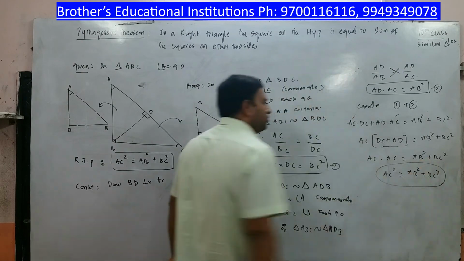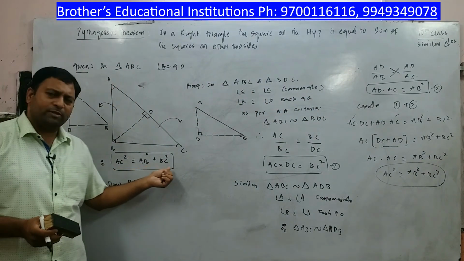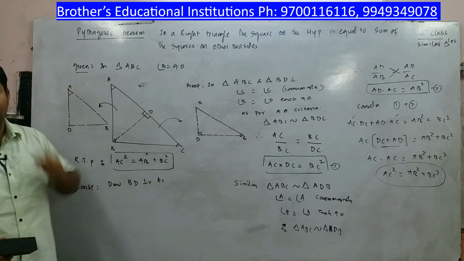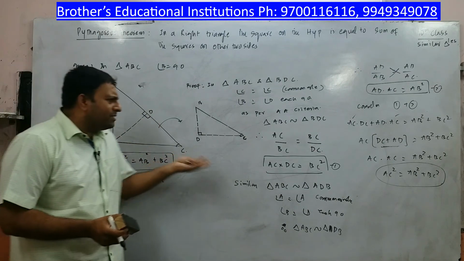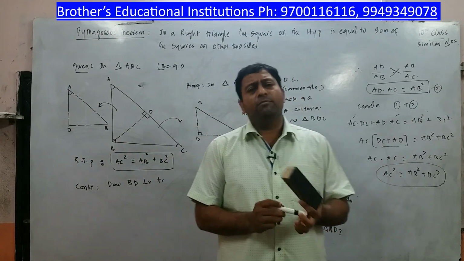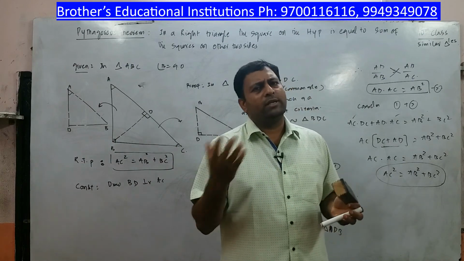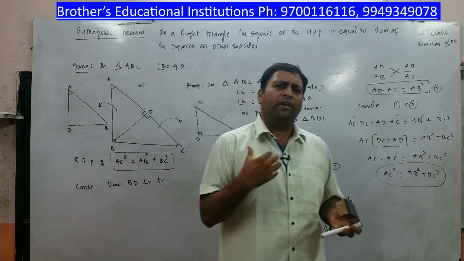And don't you feel, my children, that this is what you are supposed to prove? AC square is equal to AB square plus BC square. Hence the theorem, right? So this is one easier method I felt that children can understand. There are different ways you can prove the Pythagoras theorem. Many ways are there which we can discuss in the later classes, but right now I feel this is easier